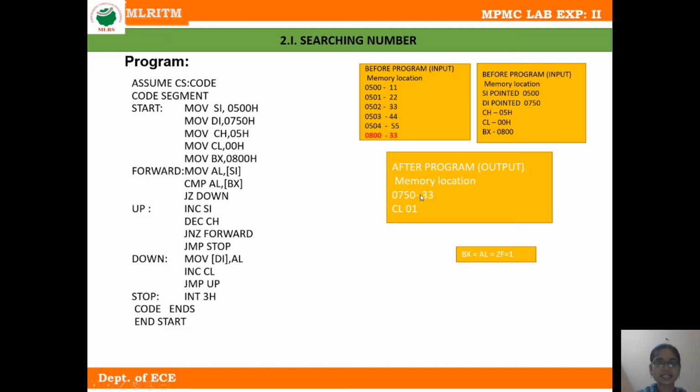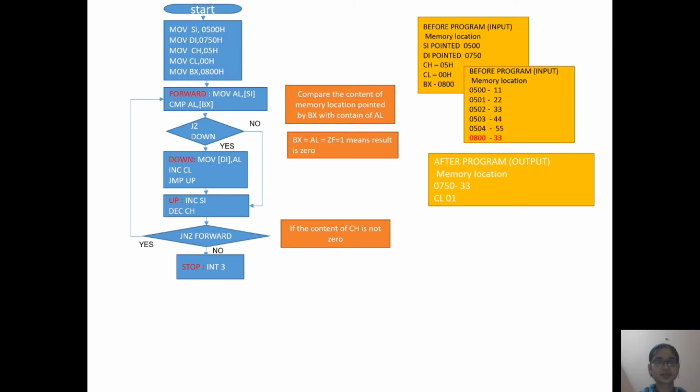We can understand this program using a flowchart also. Here in this block I am assigning the values of SI, DI, CH, CL and BX, which is our input.